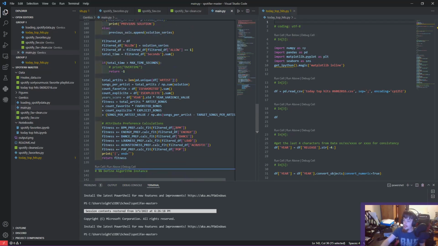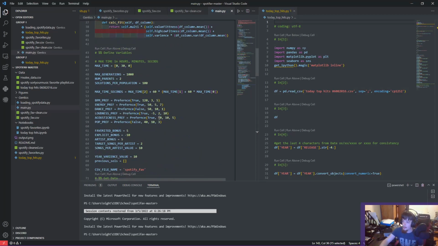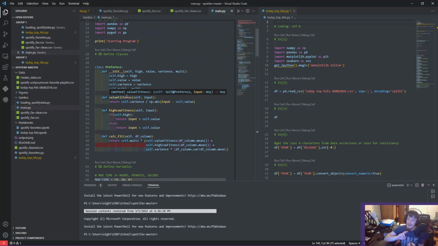Now, the fitness function, though, we will also look at this. So this is designed to work with essentially tuning to the preferences of the user. So I made a preferences class, which basically contains if I want a value to be higher or lower than a specific value, what that specific value is, and how much variance I want to allow, which is basically going to widen a cone that a calculated preference will be added in. Then also a multiplier, so this is kind of like the priority of how much I really want this to